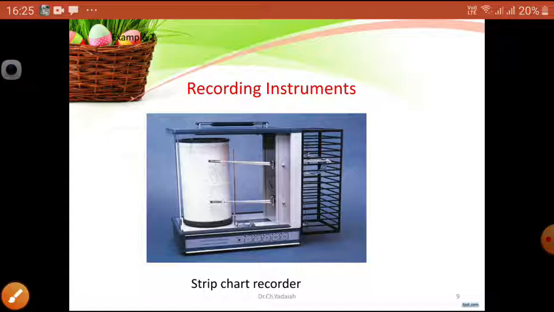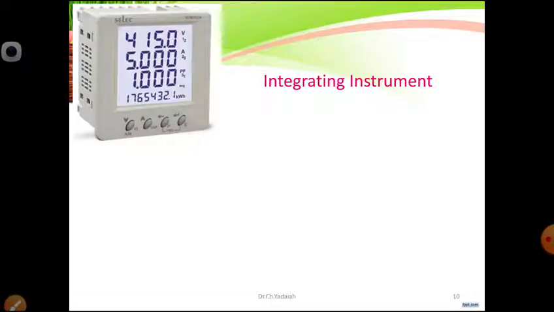Now coming to another type of instrument, the integrating instrument. The indicating instrument indicates the value, and the recording instrument records on a paper. Now I want both indicating as well as recording, that is the value I require. So it requires integration. What do you mean by integration? Integration is nothing but summing the value from some starting time point to some final time. It is added one by one up to the final position. That value is the integrated value.